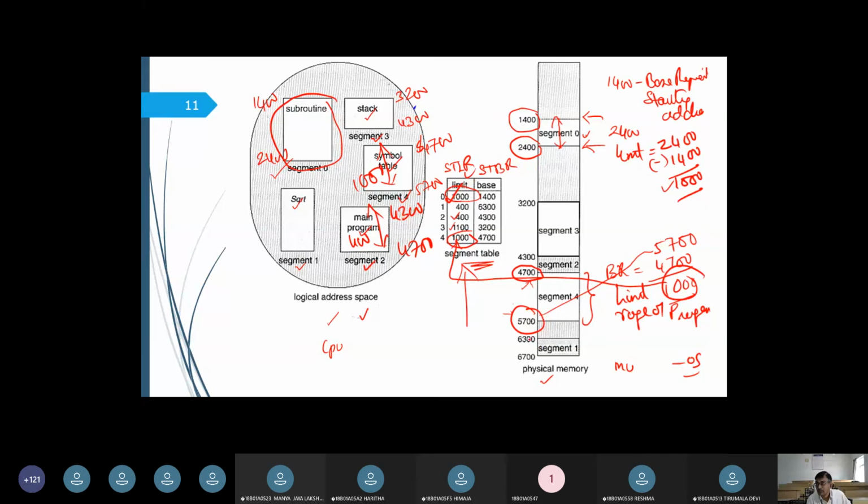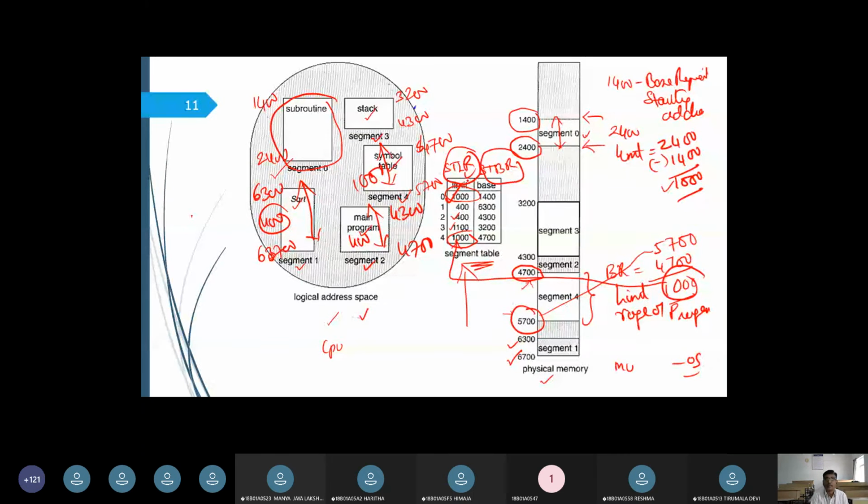Segment 1 is going to start at 6300 and end at 6700. So it starts with 6300 and it ends with 6700. Now the total length of a segment, the distance, is going to be 400 values.